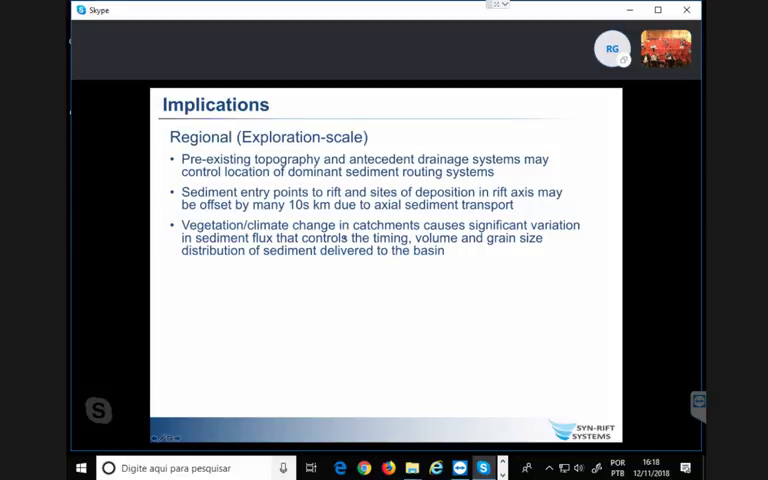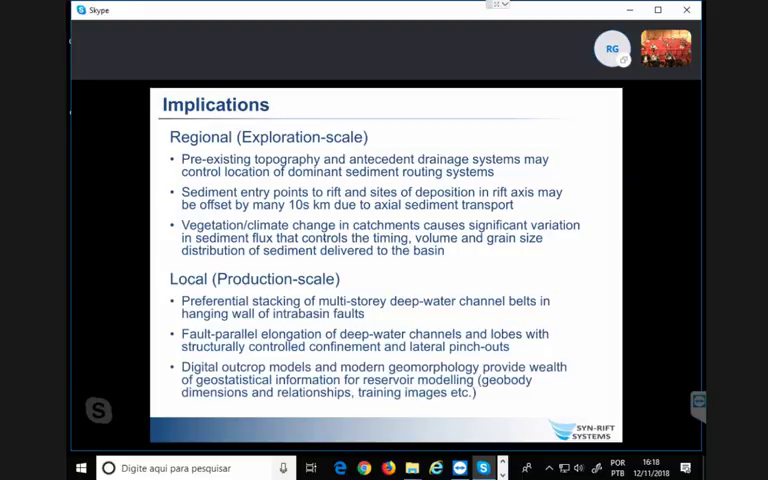And then from these examples where we've got detailed multi-proxy studies, as well as sea level, vegetation and climate can have a big impact on when you actually deliver the potential reservoir or when you develop regional seals in the basin field. And then on a more production reservoir scale, we've seen stacking of high net to gross reservoirs in